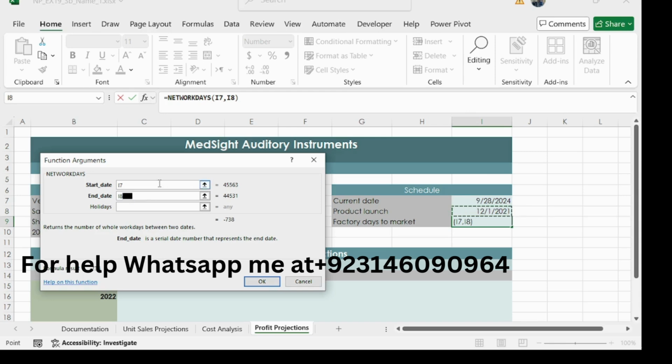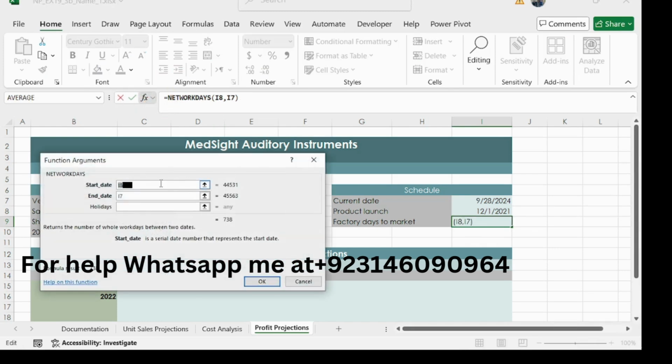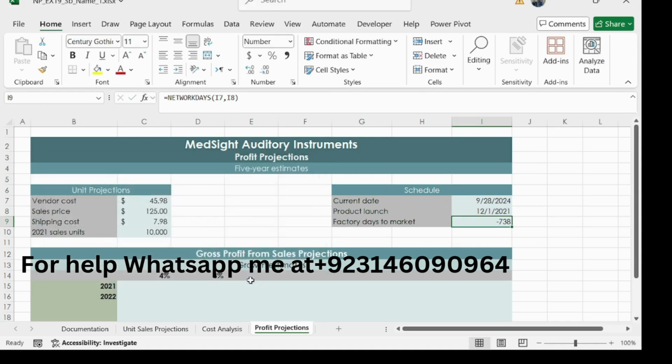No sorry, I think start date is I8 and end date is I7, and then click OK. So we have completed 10 steps here. Sorry, we made a mistake here. I think we need to put the good value here: I7 is the start date and I8 is the end date, and then click on OK. So we have completed 10 steps here, and our step number 11 is use the value